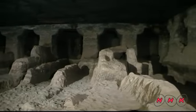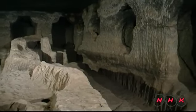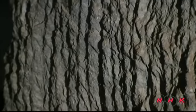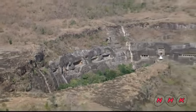It's believed that this was the last cave carved out at the Ajanta site during the 7th century. However, it was never finished. As Hinduism gained ground in India, Buddhism went into decline. The Ajanta caves were abandoned and quite forgotten for a long time, and the forest kept them secret for more than